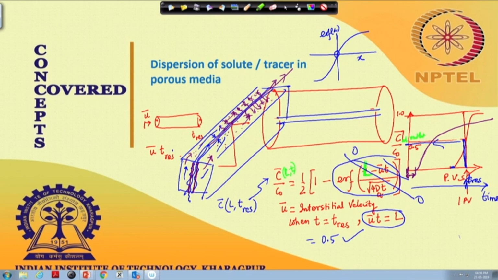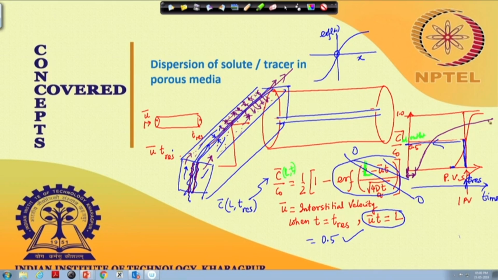Whatever you are injecting, the flow will immediately take place through this channel, but this entire thing has to be fed. The entire concentration has to be changed by diffusion, and that would take a long time. It is the same situation that I discussed in a previous lecture as stagnant zone, a very similar situation. You are not letting this part of the fluid flow. Instead, you are slowly feeding this part of the fluid with the solute, but that is only by diffusion. So, this flow will take place very fast, but because of diffusion it will take a long time to